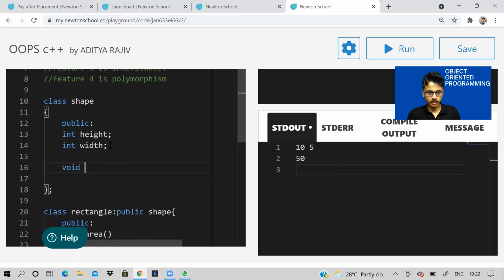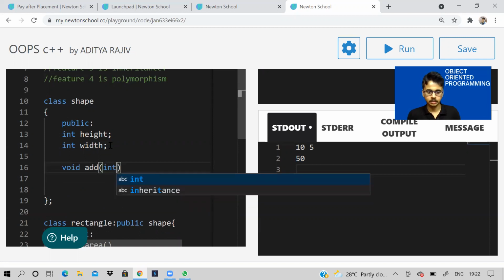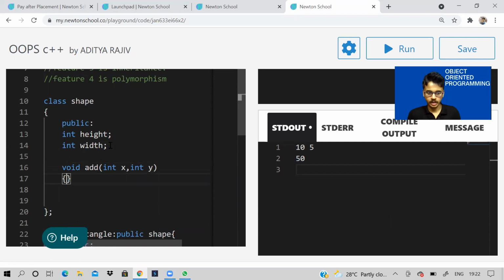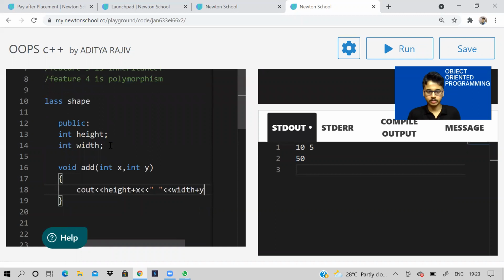Now I'll make a function called add. Here it is going to take parameters x and y. And I'm going to print height plus x and width plus y.